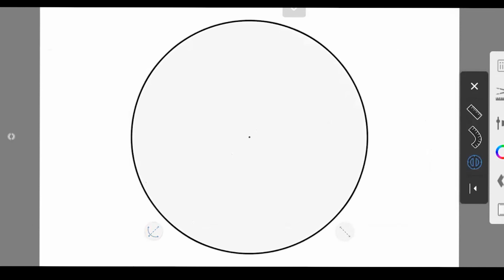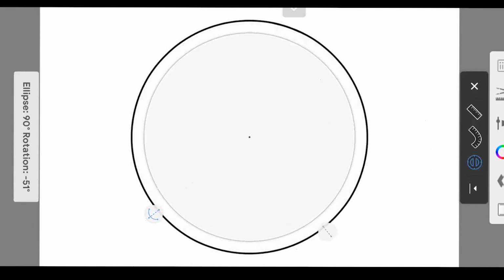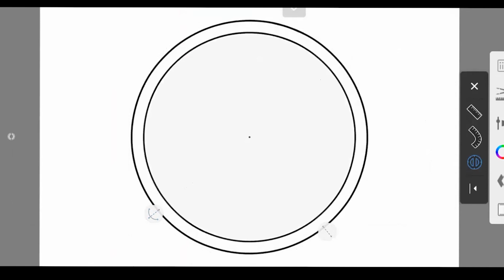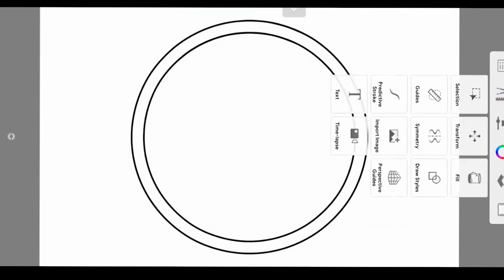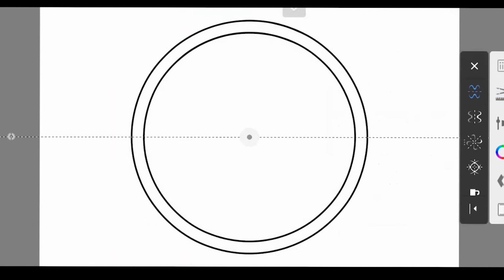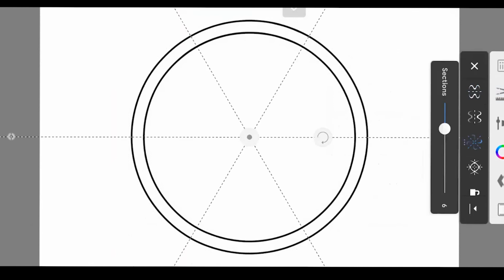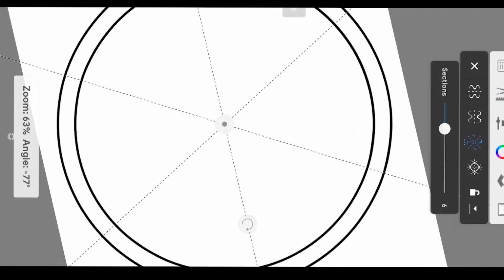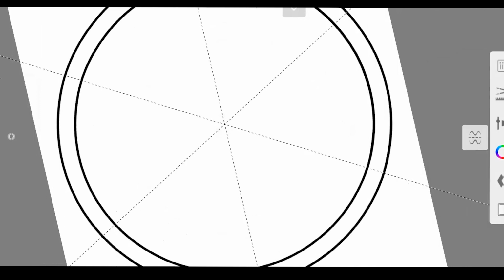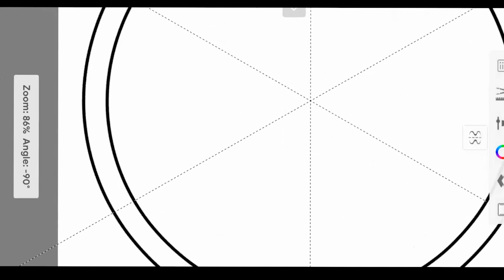As you all saw in the previous episode, first I sketched a basic general blueprint type layout on which I will be overlaying. So here I'm sketching the basic layout. Now this is the basic rim, that is the profile of the rim. Now I will select the symmetry tool, radial symmetry, and this time I will go with 6 sections. I will first lock this symmetry here itself, and now I will sketch.